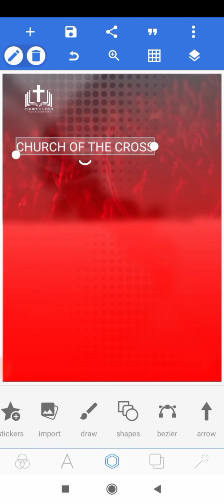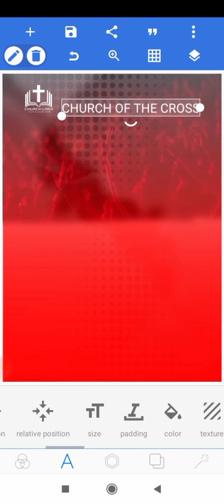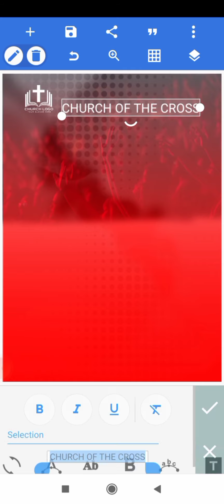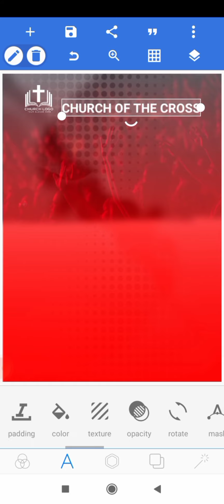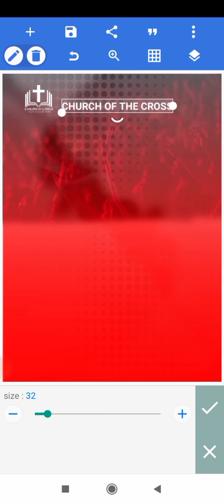So what I want to do is to take it up, and then I'll select the text option, and then I'll head on to the style, and then I'll bold it, and then I'll click on OK, and then I would like to reduce the size a little bit. I'll reduce it down to